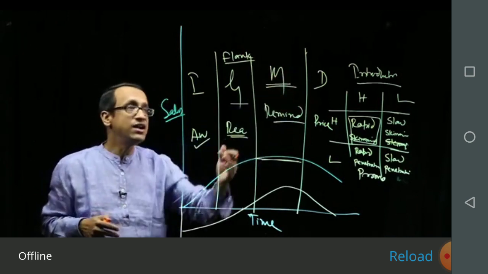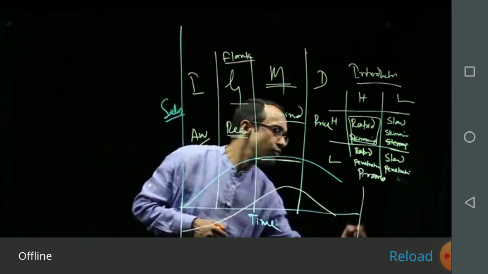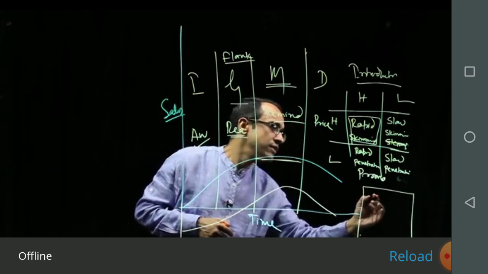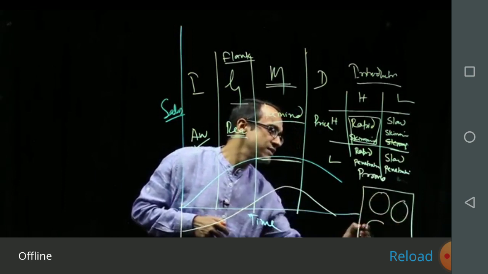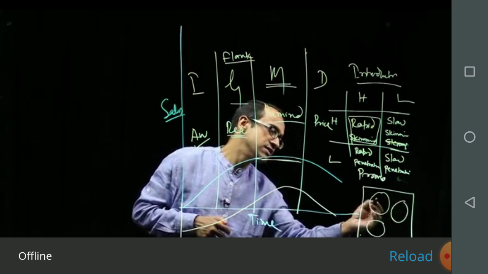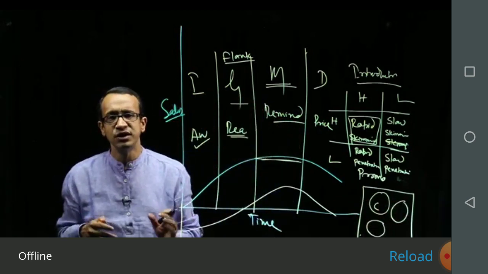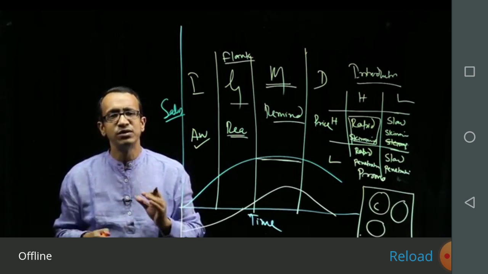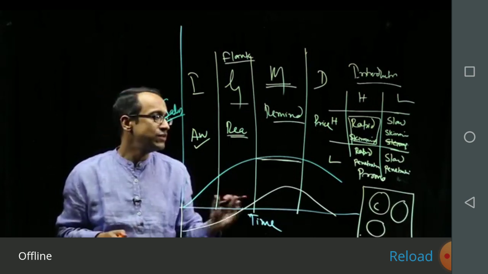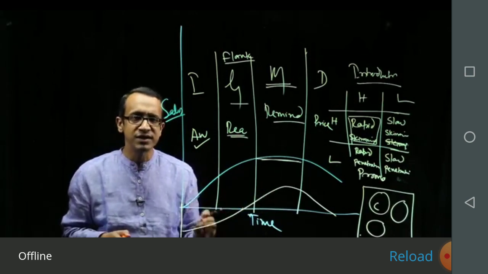So at the end of the maturity phase, if this is the whole market that we are talking about, there will be some serious players. So this is the cost leader, that is the least cost. Your game is based on price. So you have been able to optimize your cost, and that's why you are being able to give it at the least cost or the lowest price to the customer.